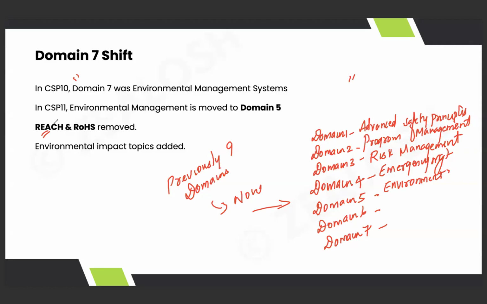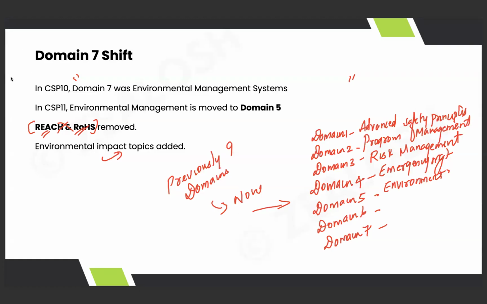So they have said that now we will go with TSCA itself. Previously, we had questions based on TSCA and REACH and the comparison of TSCA and REACH. Now they have taken out the REACH regulation, not required. Then RoHS, restriction of hazardous substances in electrical equipment, reducing or removing hazardous substances like lead. Those two are removed. If you are going to write the exam after August, you are not required to study this. It is removed from the syllabus. Some topics related to the environment and impact are being added in the environment domain. That's the difference. So we've gone through 1, 2, 3, 4, 5.